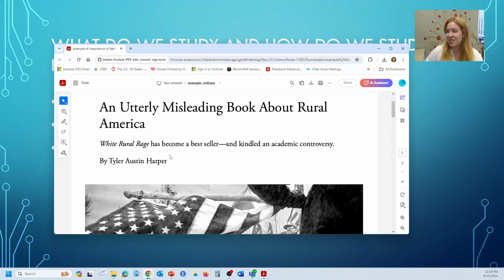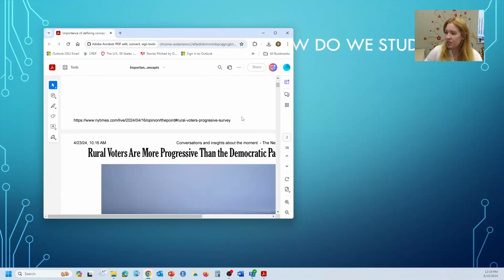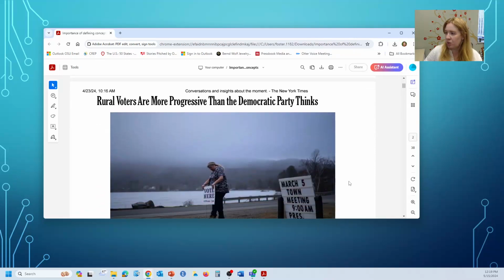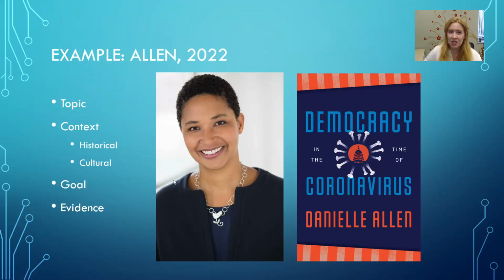One of the big criticisms they have about the book is that the authors didn't give a solid definition of rural. We all kind of know what that means, but it can have a different meaning to different people. And what we find is depending on how you define rural, you find really big differences in trying to describe what people are like, how they vote. And we find that if you don't have a very good definition, you end up stereotyping. And stereotyping is not a good way to learn about or understand our objective reality. So it is really important that we provide those definitions.